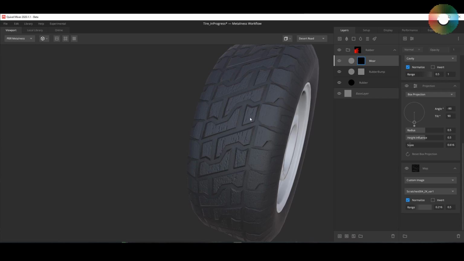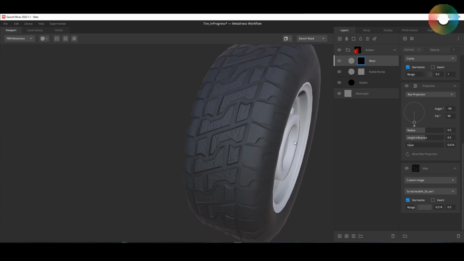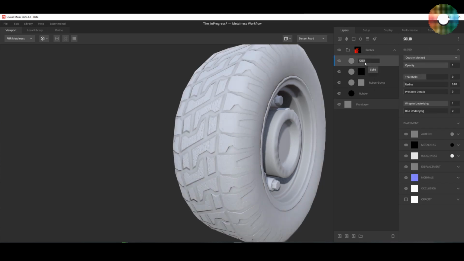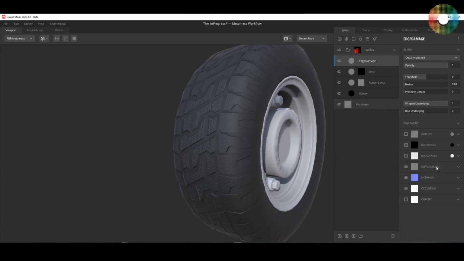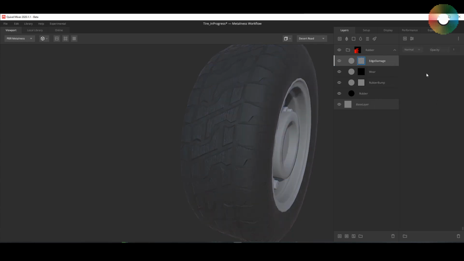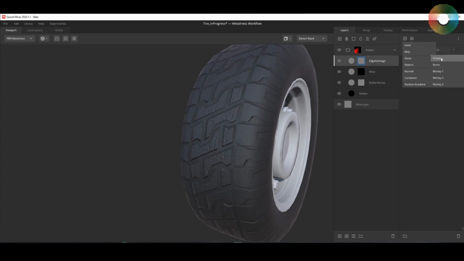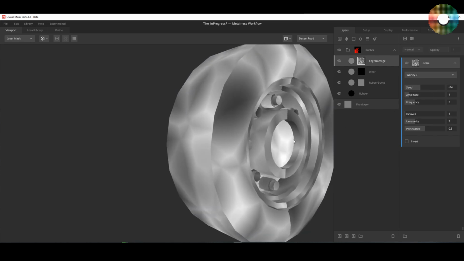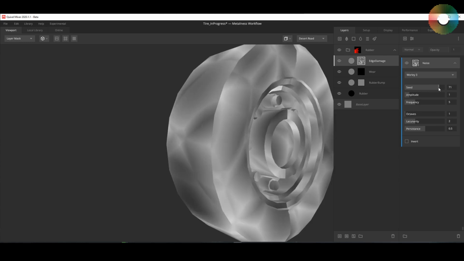Now I want to add some damage to the edges here, and to do this I will first add a new layer and name it edge damage, and then disable the albedo, metalness and roughness, as I only want to affect the displacement or normals from this layer. And as before, add a mask stack, and this time add a noise called Burley 3, and just to view it, let's press 9 and then increase the seed,